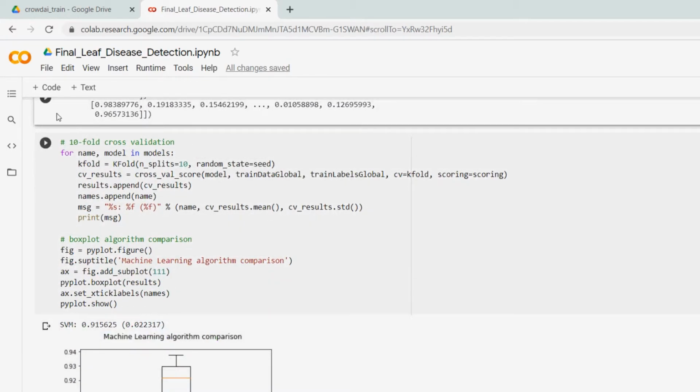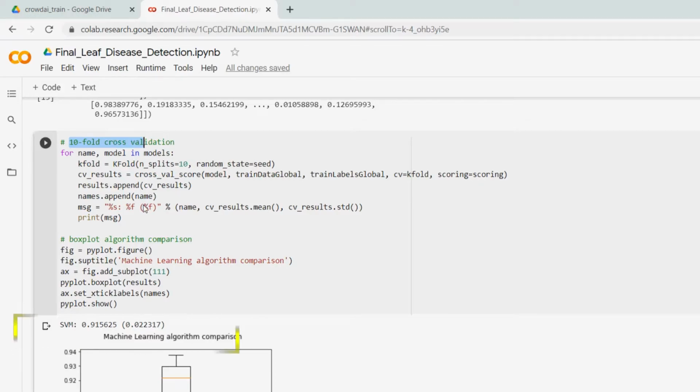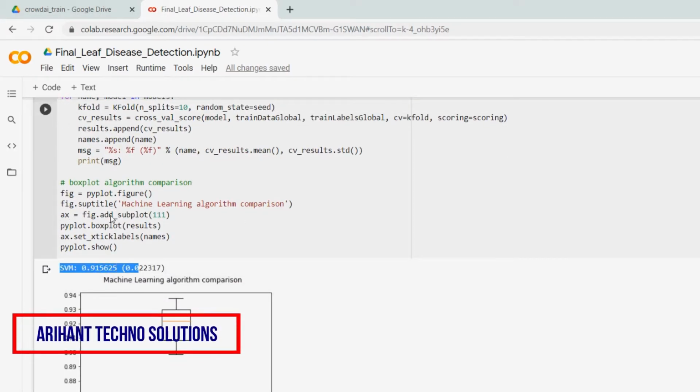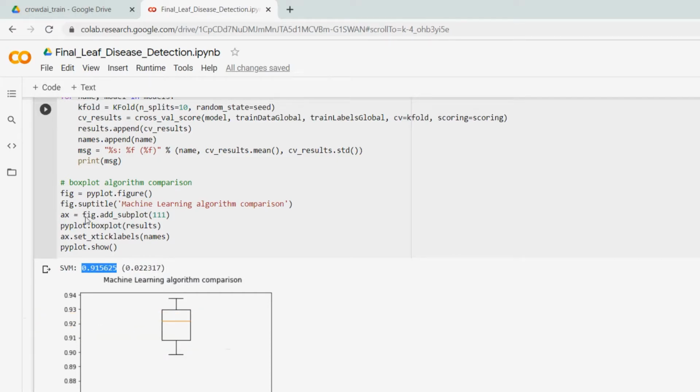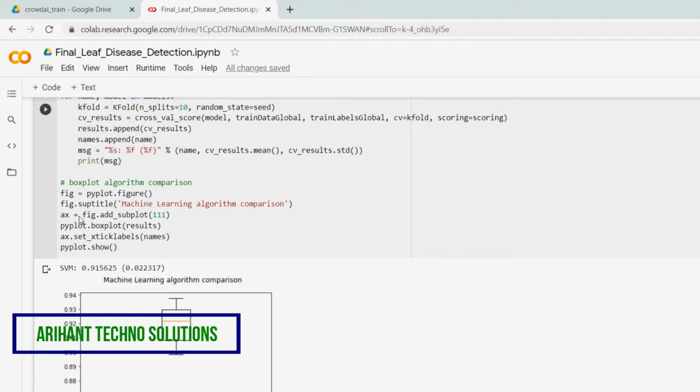Here I am using the tenfold cross validation methodology for identifying whether the training dataset is accurate or not. Here I can attain this much accuracy, 91.5. Up to level 1 it is showing, that's why it is showing 0.91, but up to 91.5, 92% accuracy I attained based on those 900 testing samples. This is a graphical view of the accuracy level.